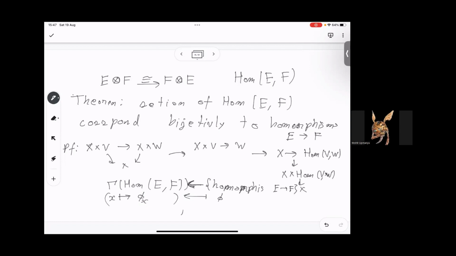So this is the definition of the map. And the idea is that when we restrict ourselves to trivial neighborhoods, this map becomes an